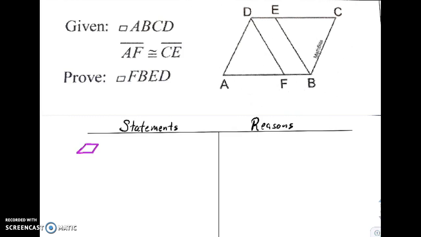So I'm going to say parallelogram ABCD exists, and that segment AF is congruent to segment CE, and that is given. So how many points do we have so far? 0. They don't give you anything for the given. We talked about that. But we now know opposite sides of a parallelogram are congruent, so that's going to happen later. We also know that